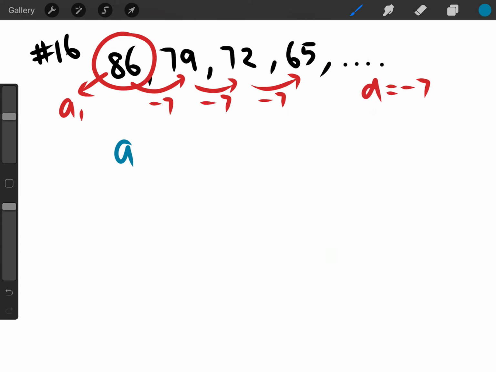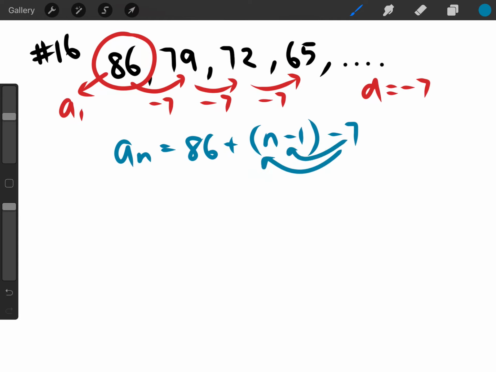So a sub n is equal to a sub 1 plus, keep it as n minus 1, multiplied by -7. Distribute the -7. So you got a sub n equals to,